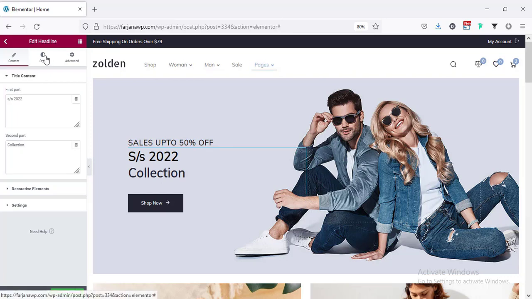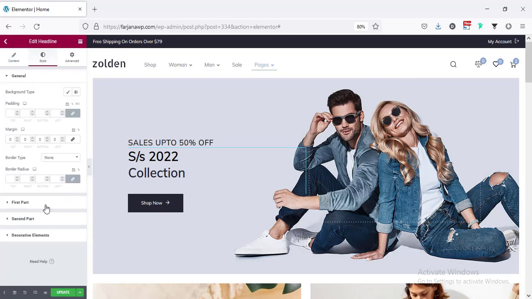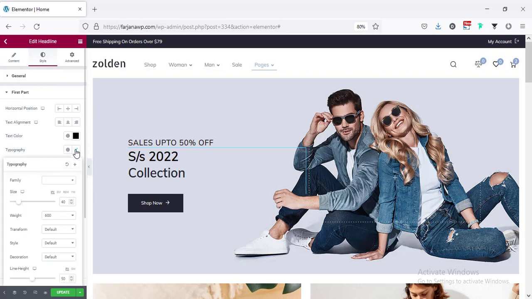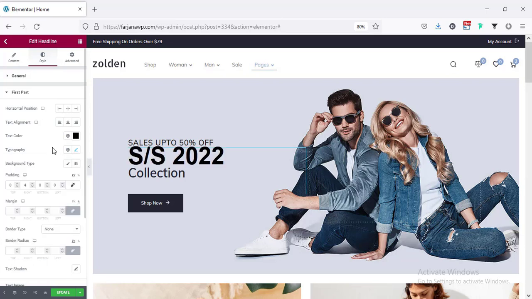Going to style tab again, and going for the first one, I'm changing the typography, making it to uppercase, and font family we can make it to anything. Like here I'm selecting the Helvetica, and font size I'm making it to 70 or 75,